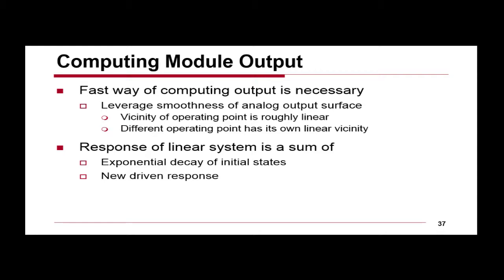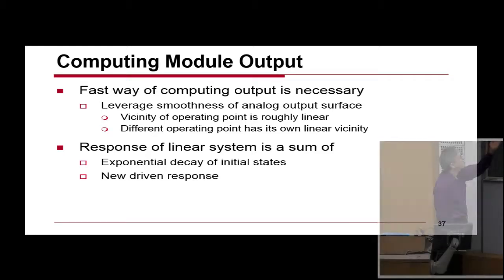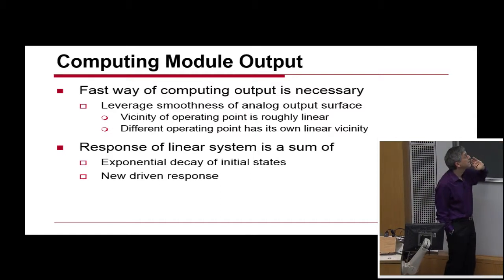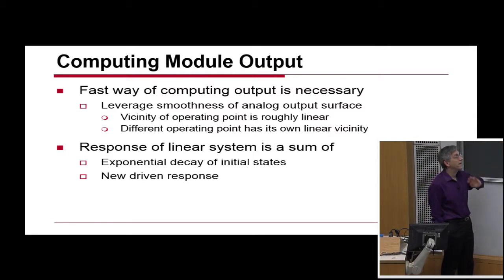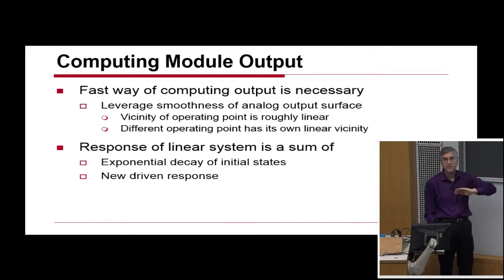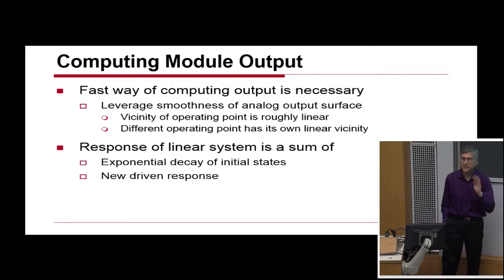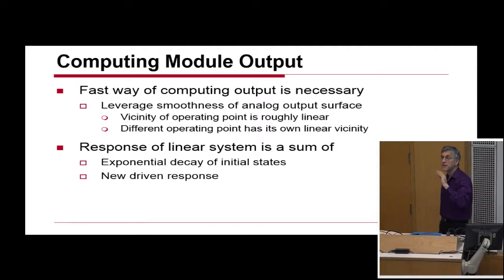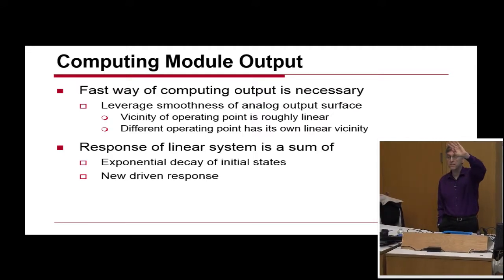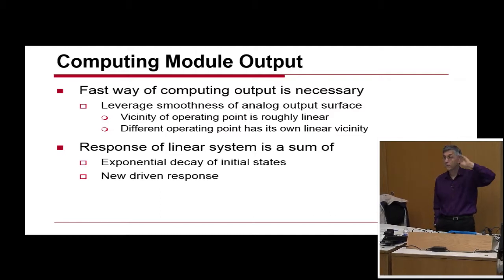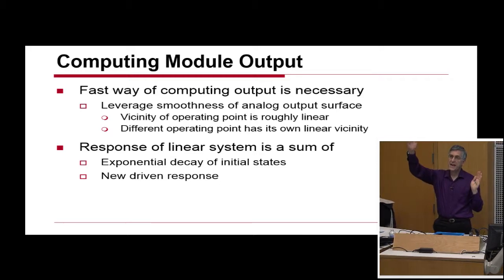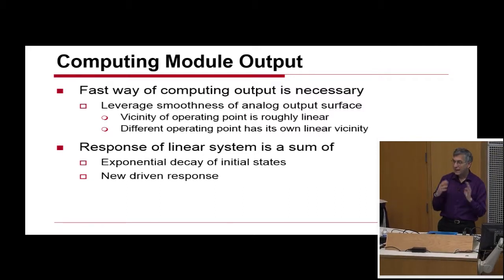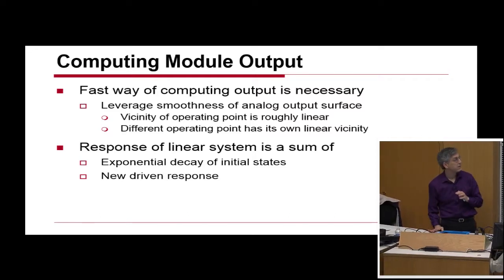So we want to be able to compute the outputs relatively quickly. So we leverage the smoothness of the analog output surface and the fact that it's linear, and we create a linear model of that, which means that the output response will be a sum of exponentials. And we basically compute for a piecewise linear input what the piecewise linear output will be, or what the exponential output will be. And then we schedule the longest time that we can that's within an error bound, and we basically schedule that output. OK, so we have full Verilog models that run that have good fidelity to the analog underlying circuits.